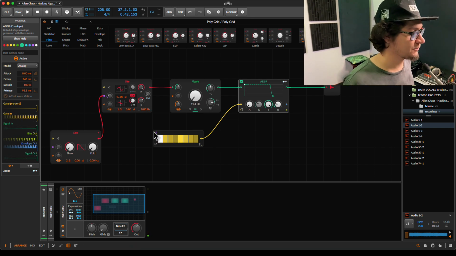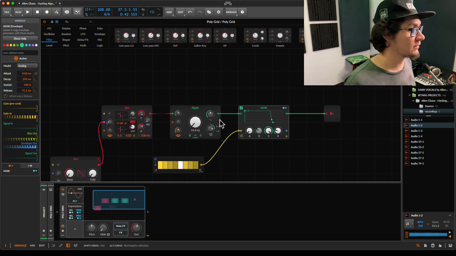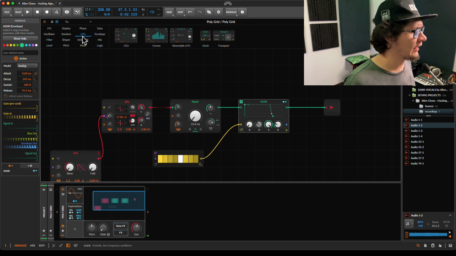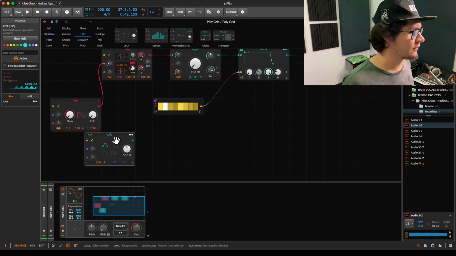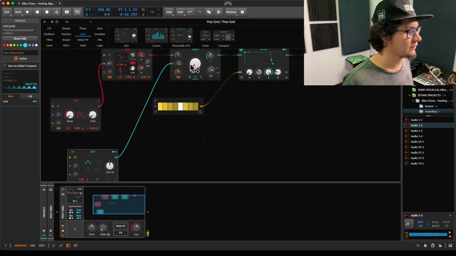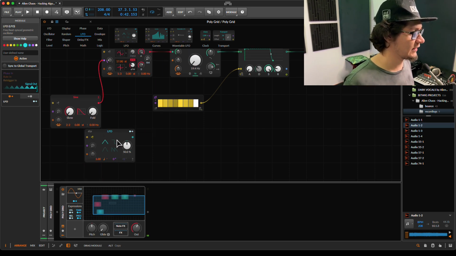Okay, I like this. Let's add movement to this sound by adding modulations. I go here to LFO. Just drop a regular LFO, then the output and this knob here. It's already modulating, so it's the same idea from the